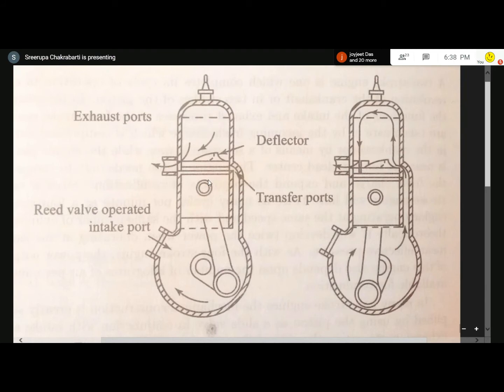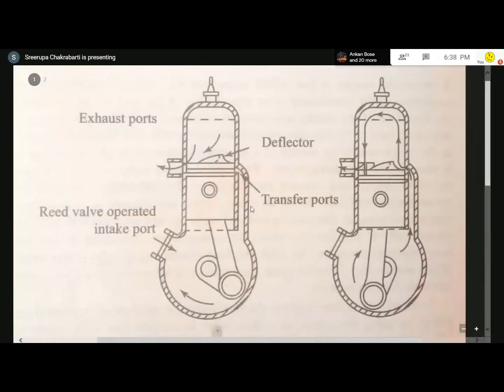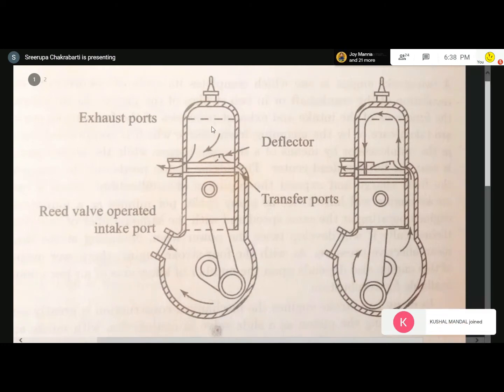But this is one instant of the piston. In that stroke, this is one instant. In the same stroke, this is another instant just after this instant. This instant and this, if you think, this instant is slightly after this particular instant. You follow? Suppose this stroke is from here to a certain point. I mean, this edge has to come here. So this position is later position. This is previous position.